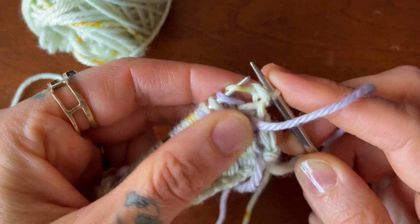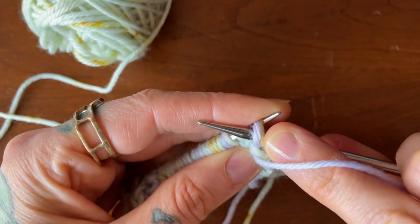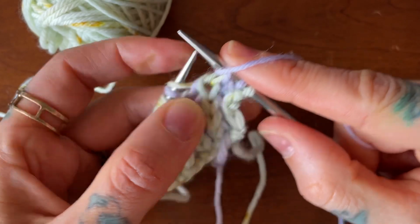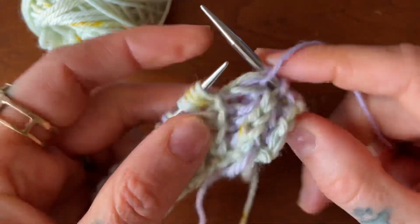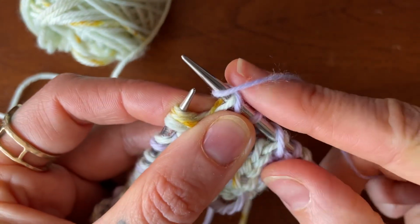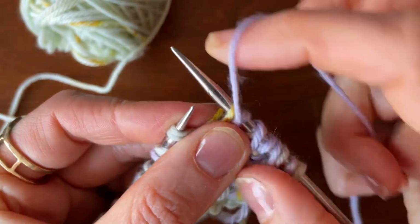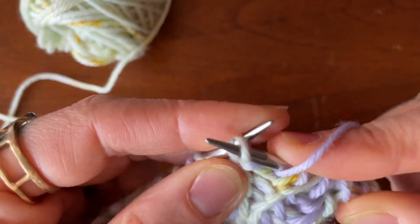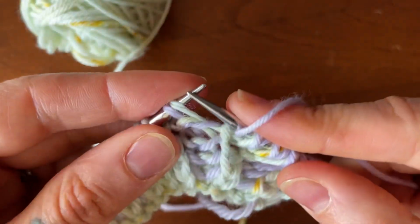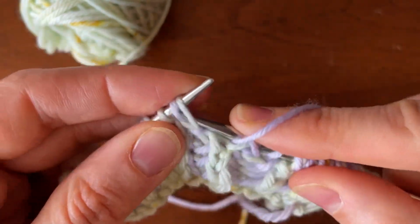I'm going to slip my edge stitch, and I need to begin by purling, brioche purling, this first slip 1 yarn over created on the first pass of my row. Slip 1 yarn over, brioche purl, and now I am to my new stitches. So for my new stitches, I am going to do slip 1, yarn over, purl 1, slip 1, yarn over, purl 1, slip 1, yarn over, brioche purl 1, and I'm back into my brioche, slip 1, yarn over, brioche purl 1, and